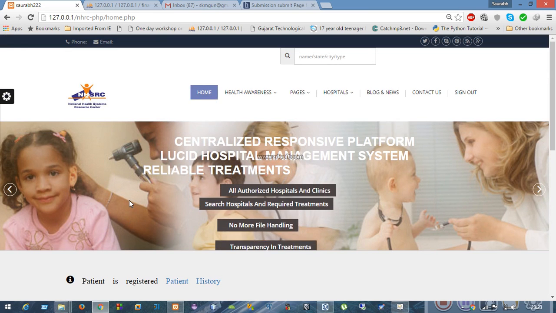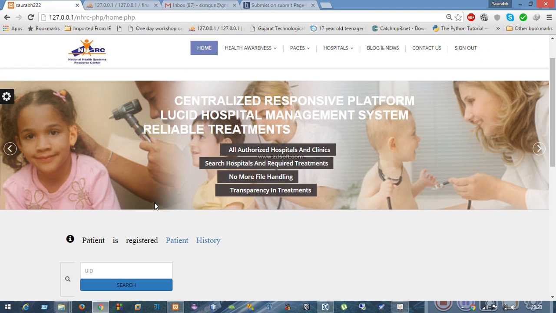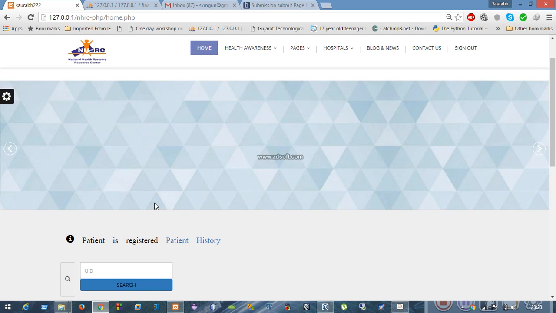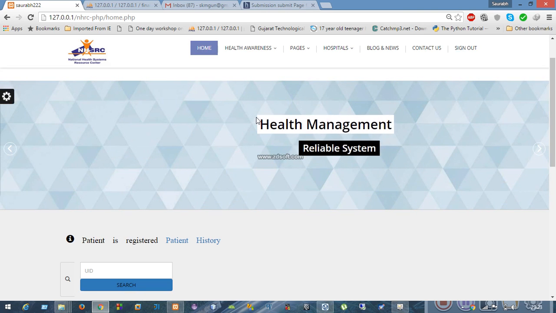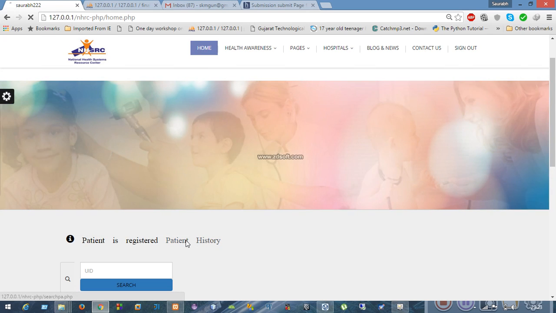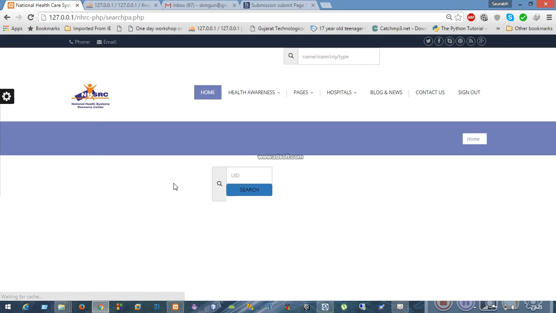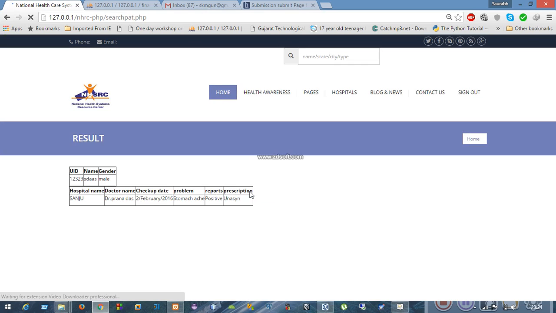Now if the hospital... After that there is one link, that is patient history, so it will show the same patient, where he has gone to the hospital and which treatment he has had in different hospitals.